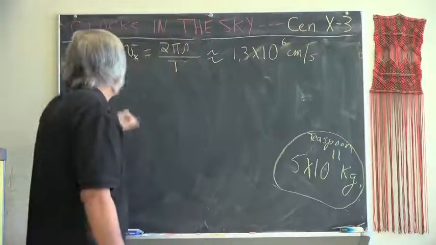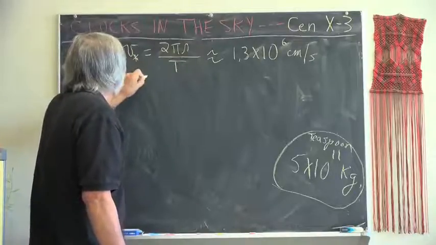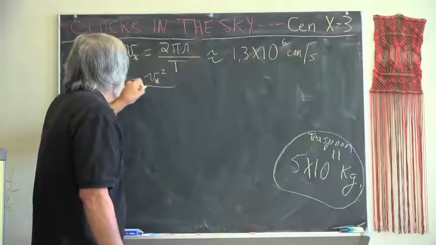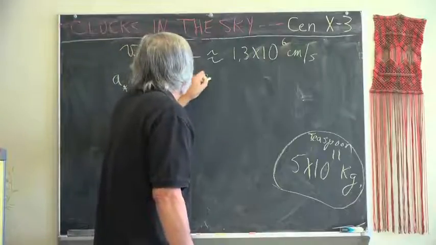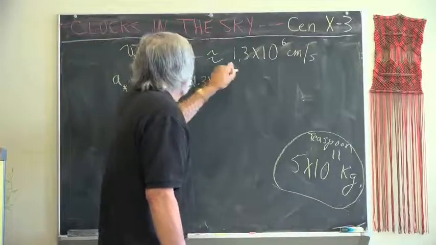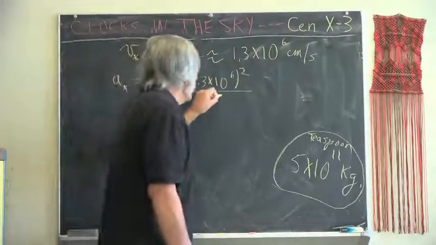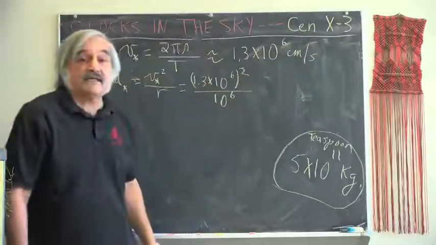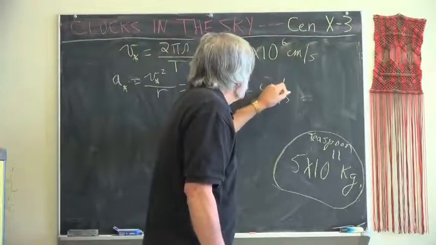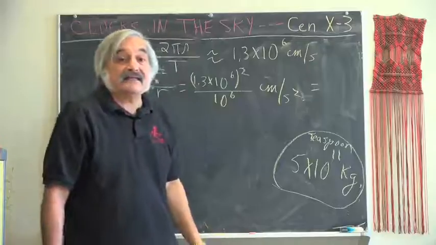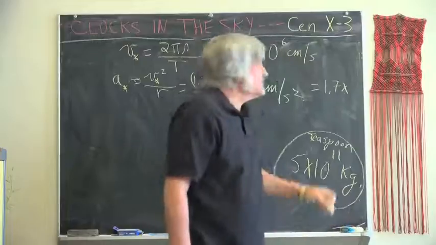So, our acceleration v squared over r would be 1.3 times 10 to the 6 squared, divided by 10 to the 6 centimeters for the radius of the star, in centimeters per second squared, and that equals 1.7 times 10 to the 6